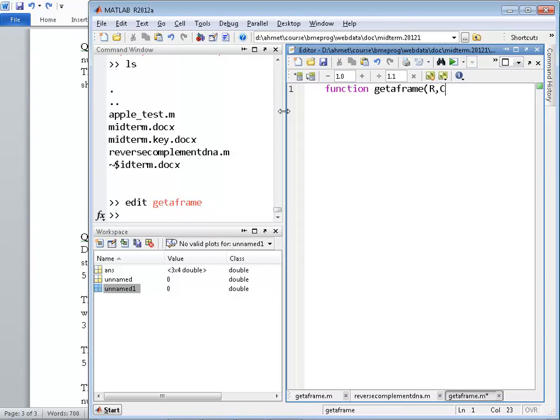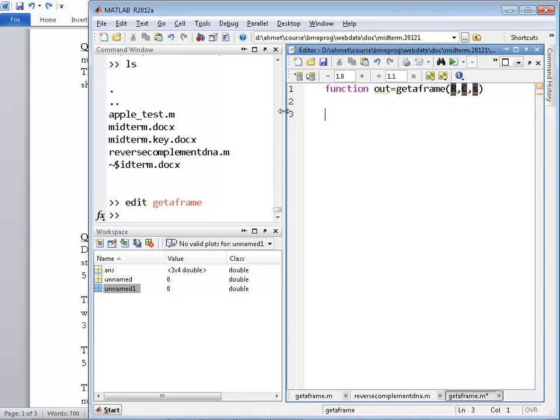So this function takes 3 inputs, the number of rows, number of columns, and a symbol or a character. And it will construct a character matrix. So the output should be